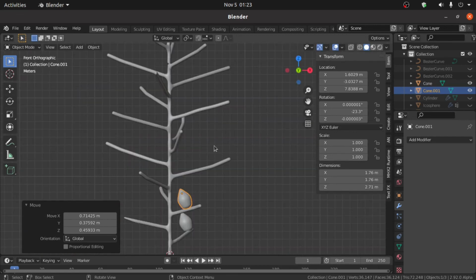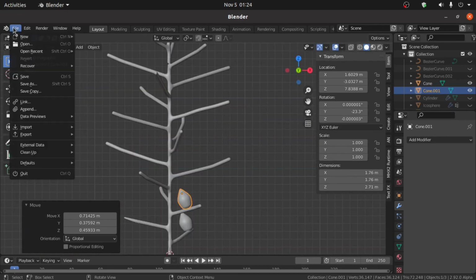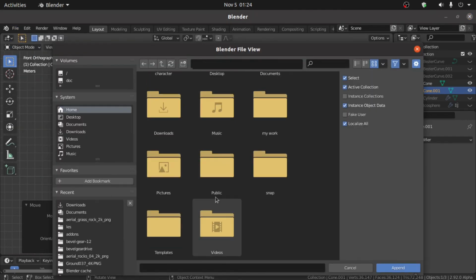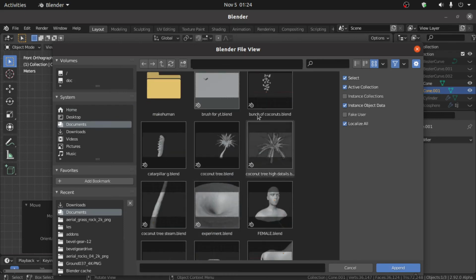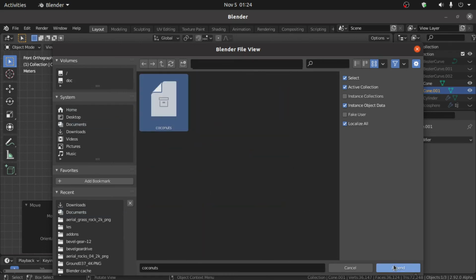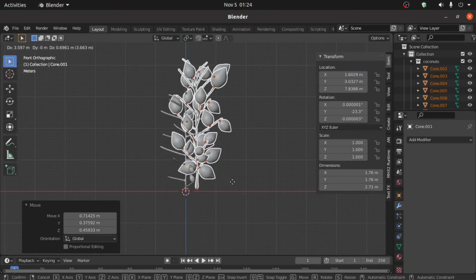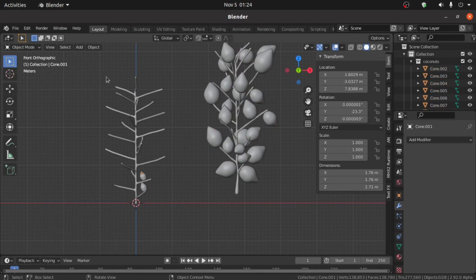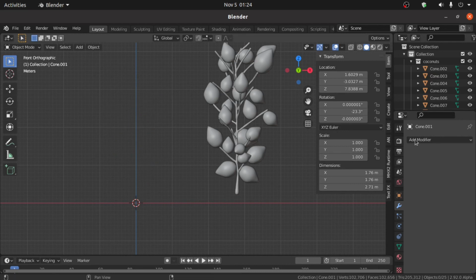For this tutorial I have already made this, so I just append this blend file, then press G and you can move. I have made this bunch of coconuts using this process, so I just simply hide this object.